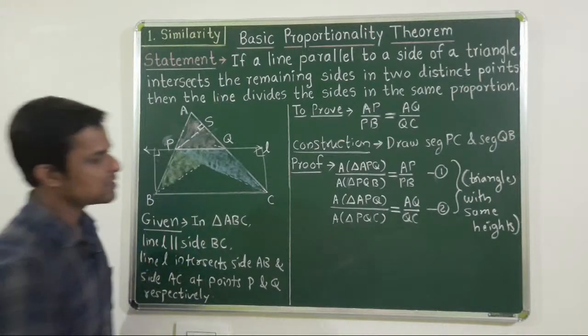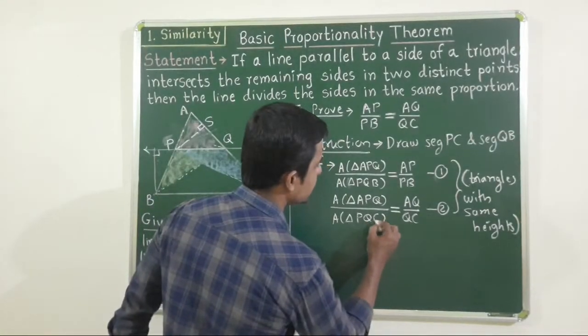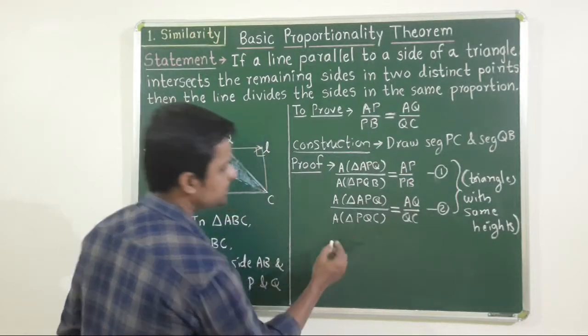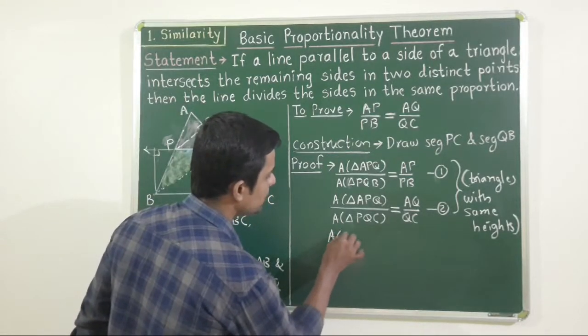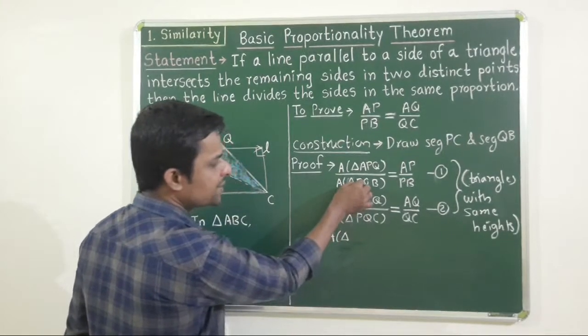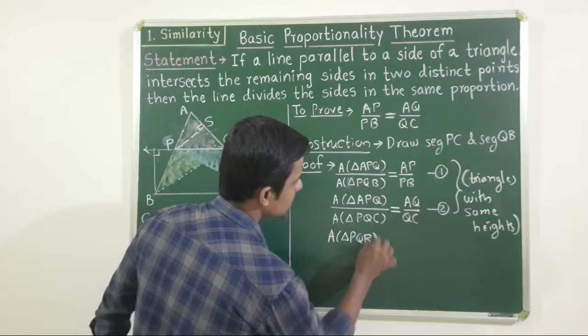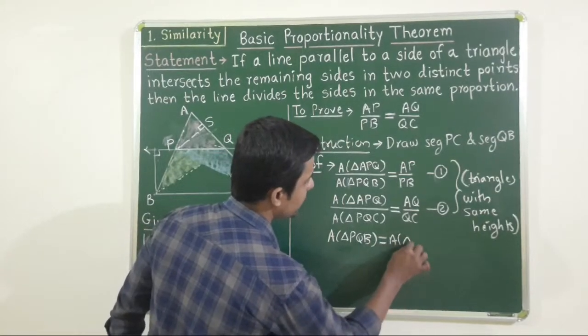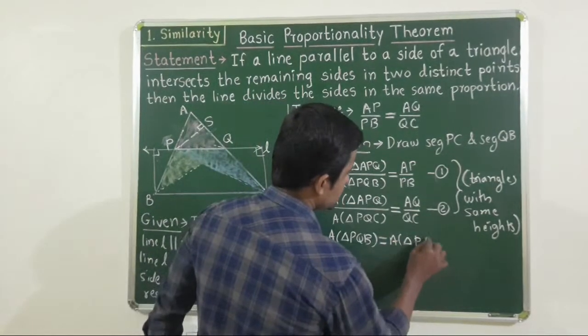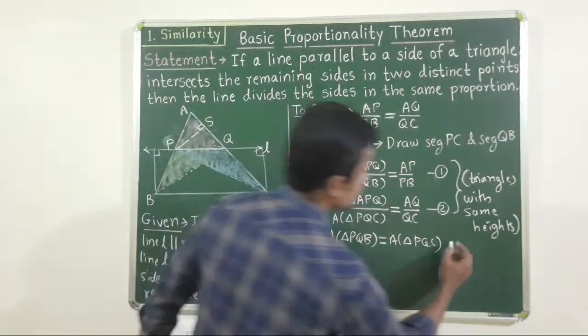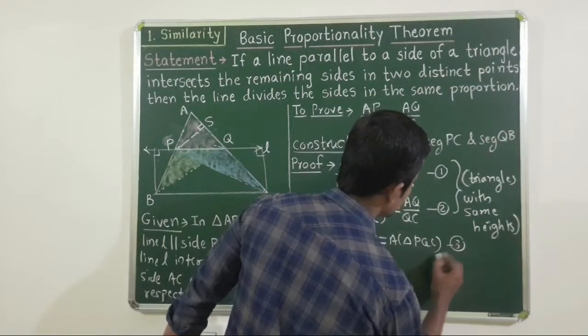Hence ratio of their areas will be equal to 1, or we can write their areas will be same. Means we can write area of triangle PQB is equal to area of triangle PQC, statement number 3, reason for this will be